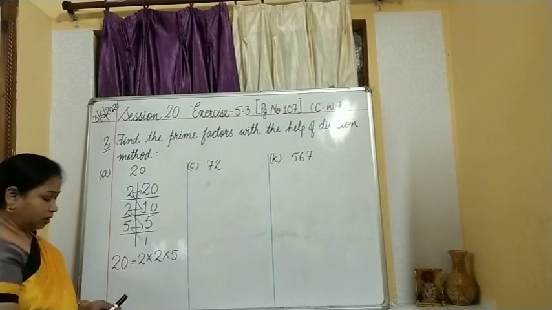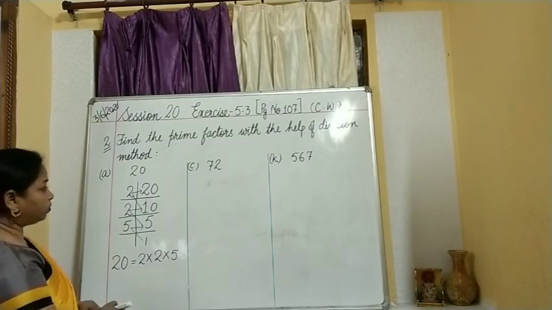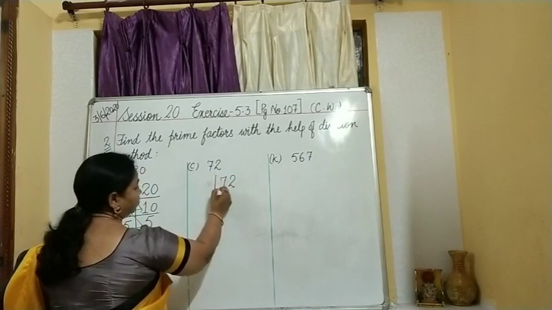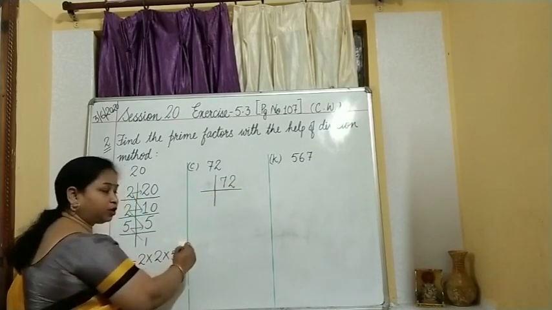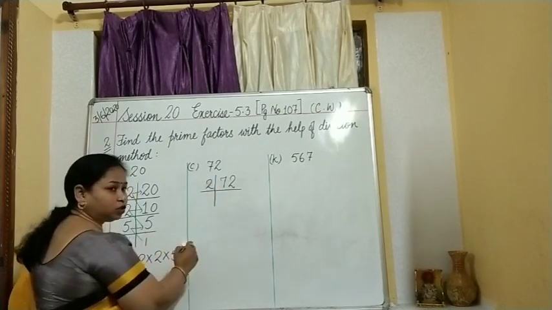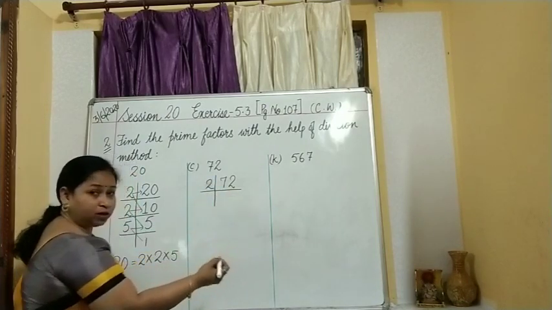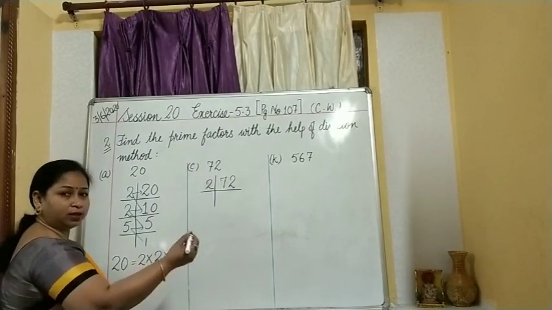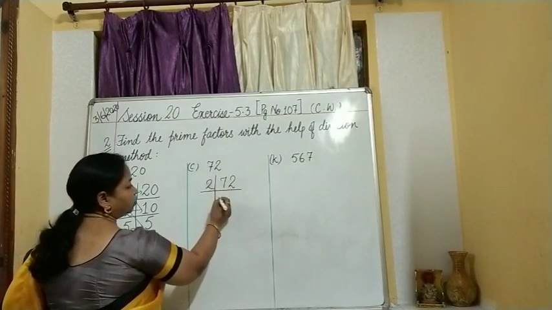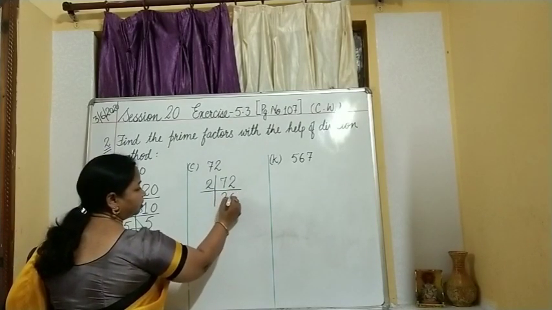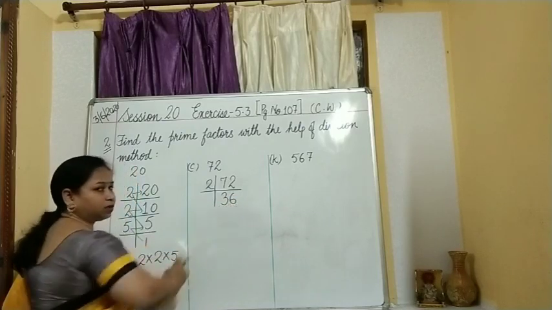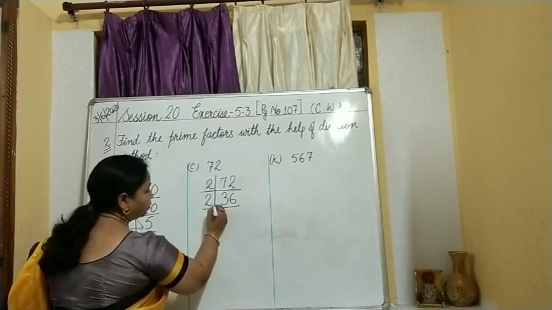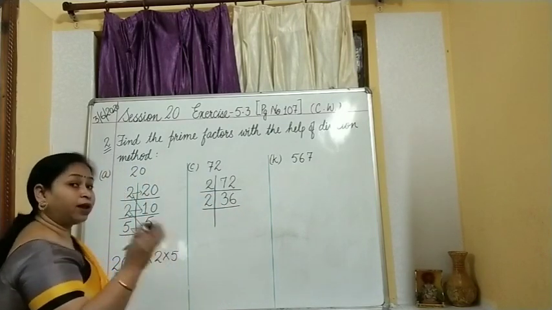Easy? Okay. Let us look at the next number given to us, that is 72. Since 2 is present at the one's place, we will divide this number by 2. So 72 divided by 2. If you can divide mentally, well and good. If not, then you can use a rough column and divide there. 70 divided by 2 gives 36. Now what is here, children? 6. So it is again divisible by 2, isn't it? So we will divide it by 2 and keep doing it as long as we can.